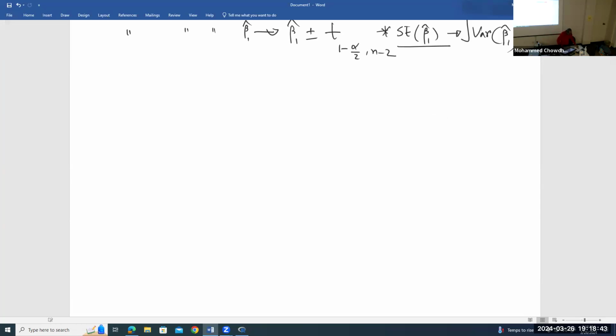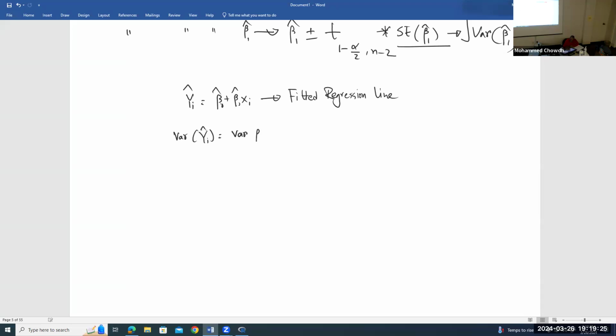So our line was this one. This is our fitted line: yi hat equal to what? Yi hat equals beta 0 hat plus beta 1 hat xi. This is the fitted regression line, right? Okay. Now, if I want to take the variance of yi hat,